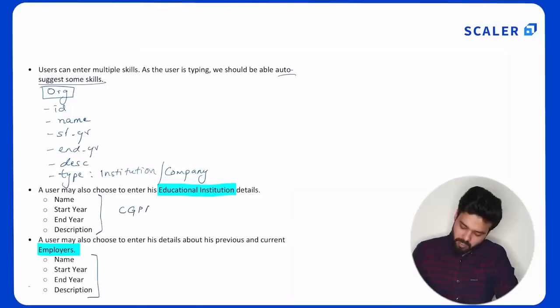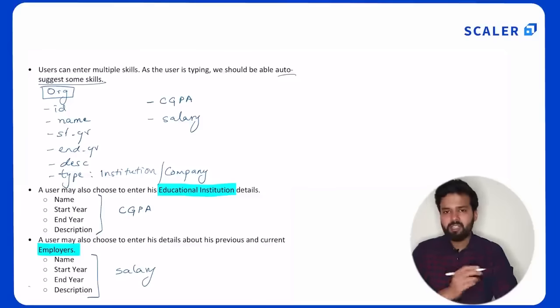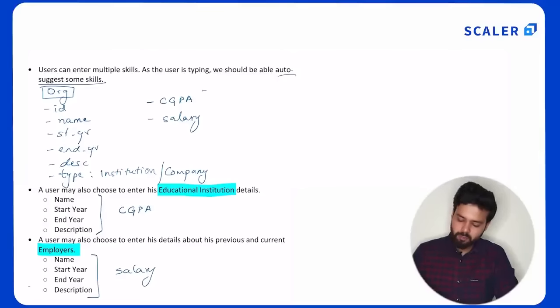Let's say I want to add CGPA in the educational institution and I want to add salary details inside employers. The problem here that comes is that I will have to add CGPA as one column here and salary also as one more column. Now depending upon whether the type is institution or company, either CGPA will be null or salary will be null. Now it is not a very good idea to enforce application logic in your database. Just by looking at the database, you should be able to figure out what each column